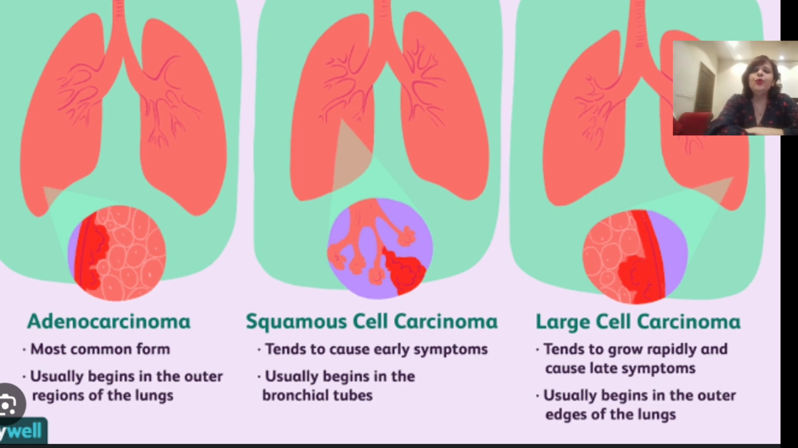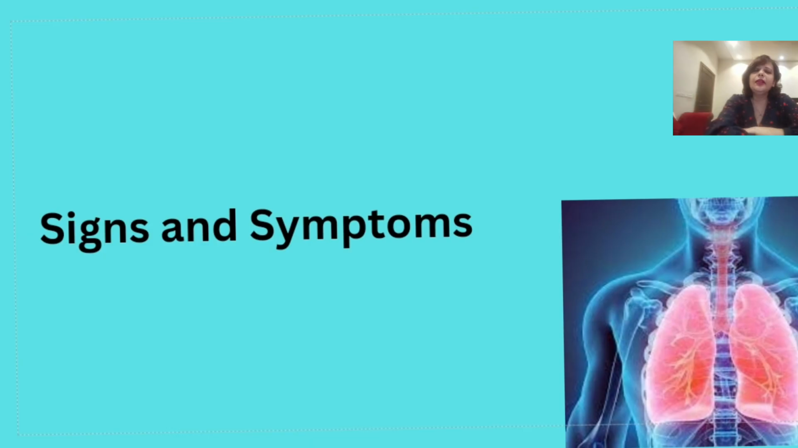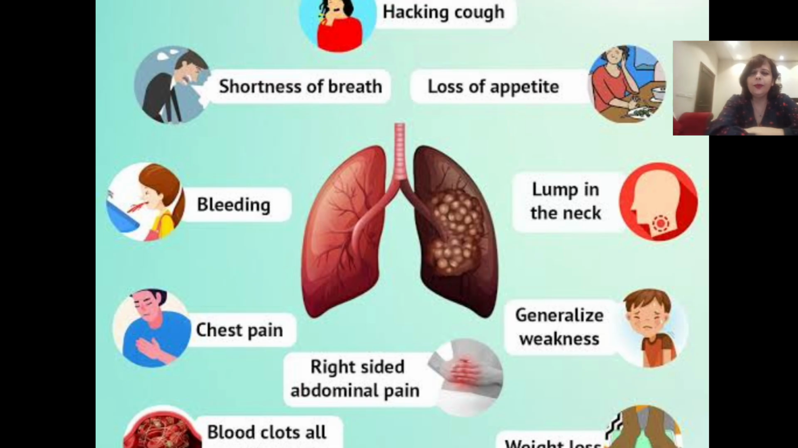Now, how do these patients of CA lung present? That means, what are the signs and symptoms? So the most common signs and symptoms are cough, which is productive of sputum. Sometimes the sputum contains blood, and then there is loss of appetite, weight loss, breathlessness, and then